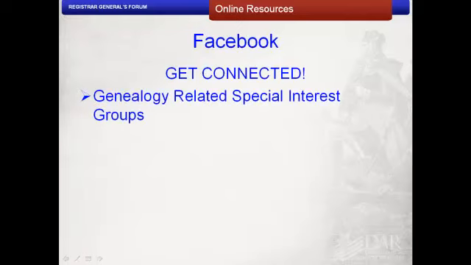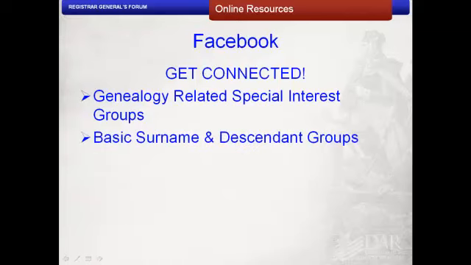There are many genealogy-related special interest groups and groups for major genealogy sites such as Fold3, Ancestry, Find a Grave, and FamilySearch. If you have thought about it, there is more than likely a page devoted to it. If not, start one. Surname and descendant groups abound. Some are open and inviting. Others are closed to family members only, and a membership must be approved by the administrator or by another member of the group. If you can't find one you're looking for and you believe there's a niche, start your own.